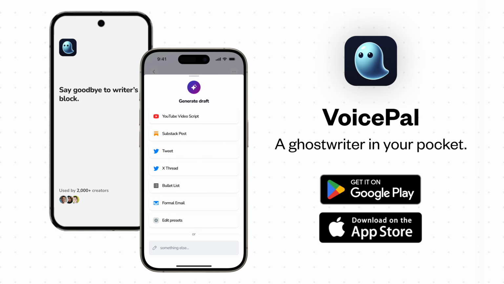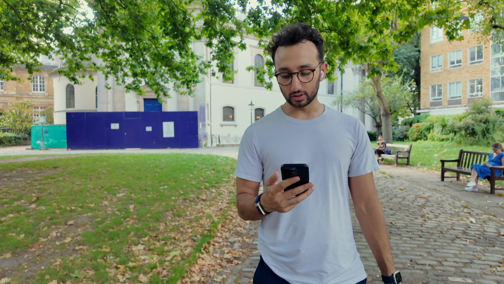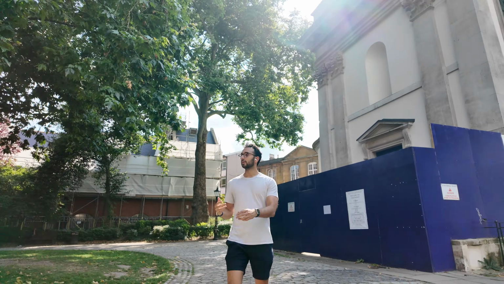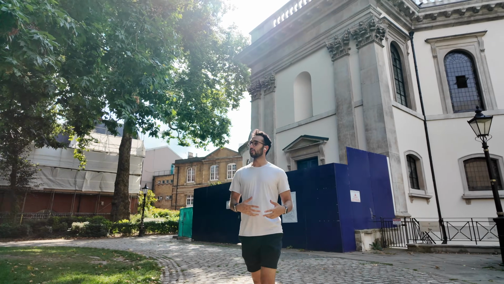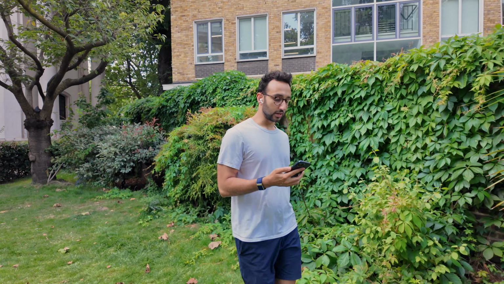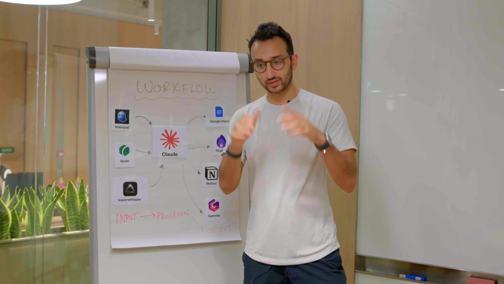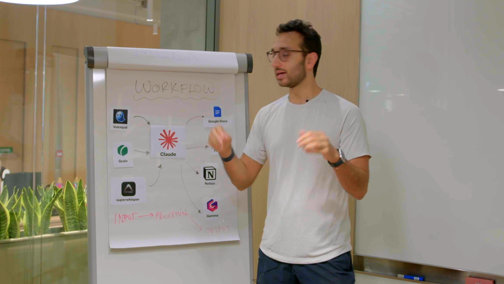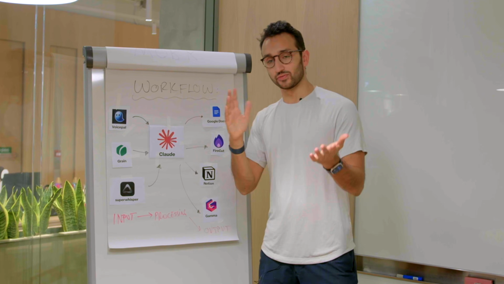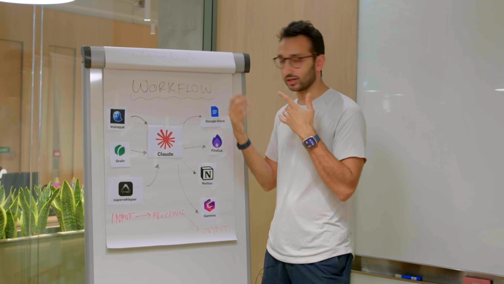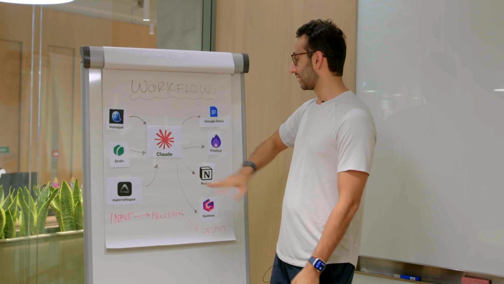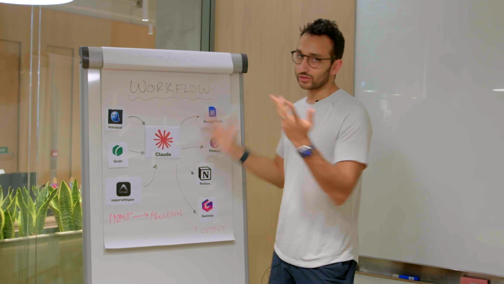Voicepal is a conversational AI writing tool where if you want to write anything, you basically speak into Voicepal on your phone. Voicepal then asks you follow-up questions based on what you've said, and you can go back and forth as much as you like while you're on a walk, while you're in a coffee shop or wherever. And then when you're done, you can either export the raw transcript of literally everything you've said, including the ums and ahs, or a cleaned up transcript, which gets rid of all of the verbal diarrhea and umming and ahhing, and you can export it into Claude or any other tool that you want.